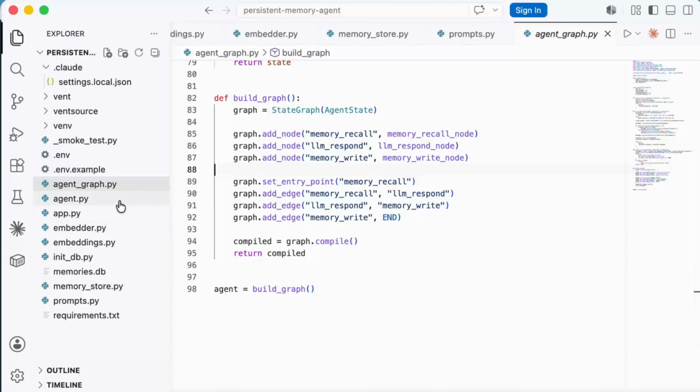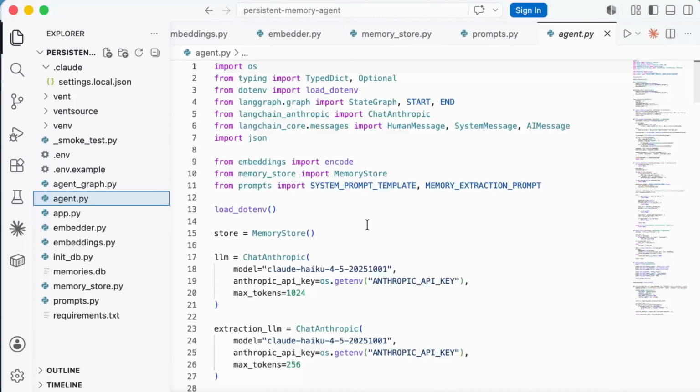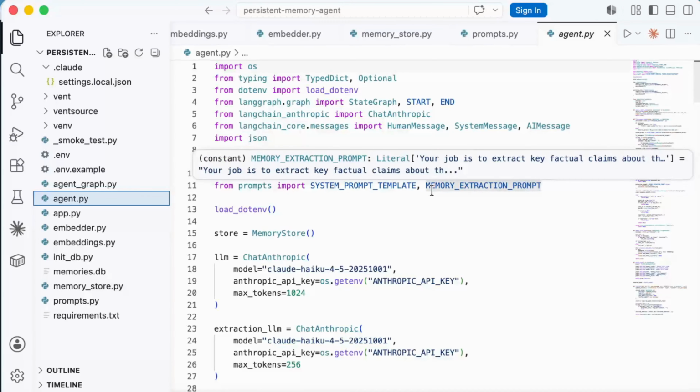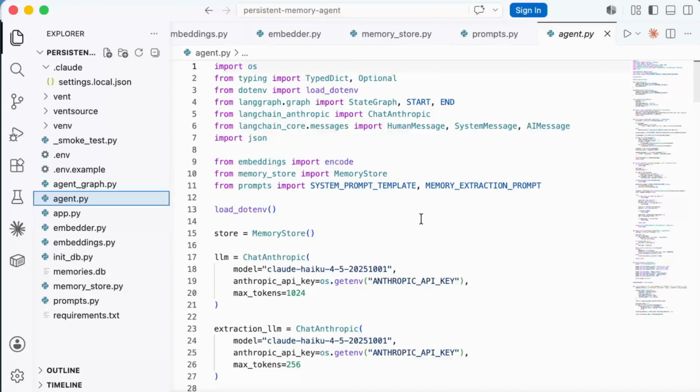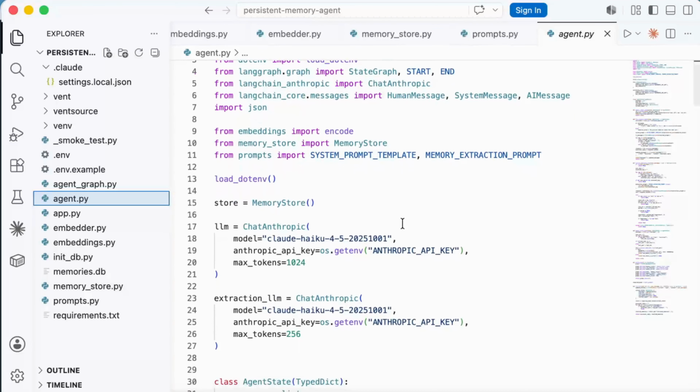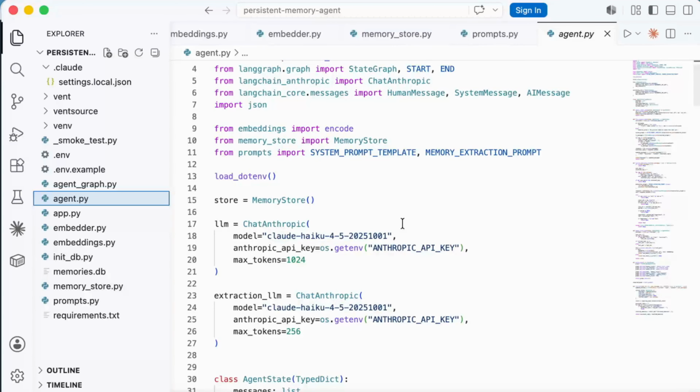Now coming to the next one, this is the agent.py, which is the very advanced version, a more complex version of the same pattern. The key differences: it uses a richer agent state that also tracks current input and new memory to write, and it uses separate LLM and extraction LLM instances, potentially with different models or parameters. Extract memorable fact does JSON parsing on the LLM's extraction output, filtering by an importance score threshold, and it embeds at the right time,